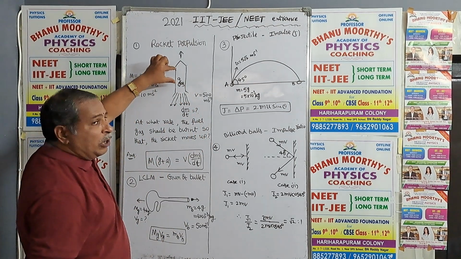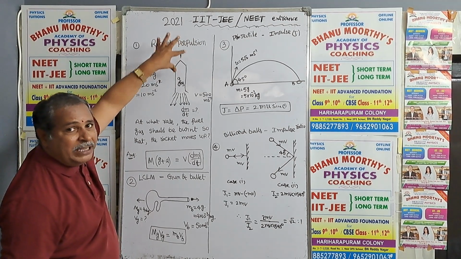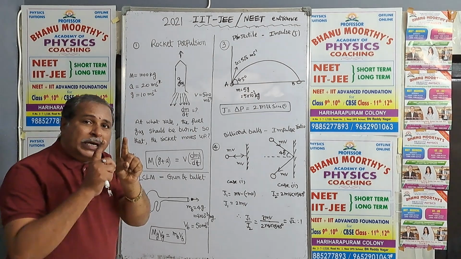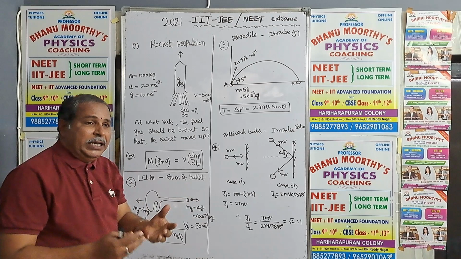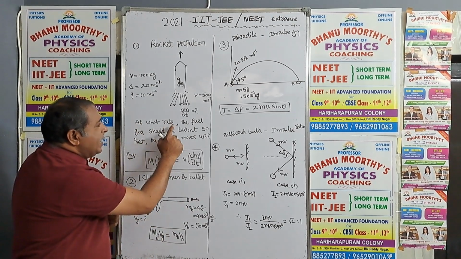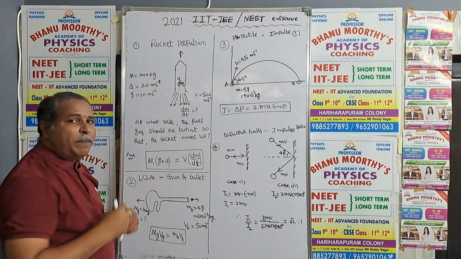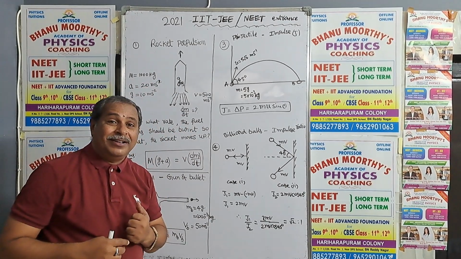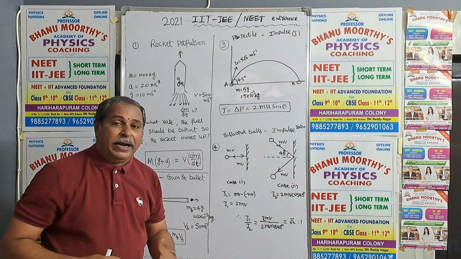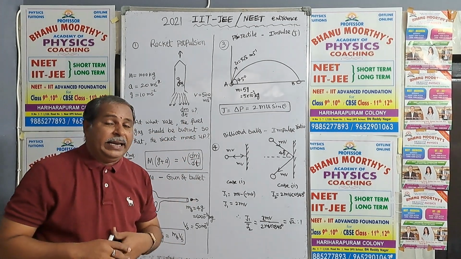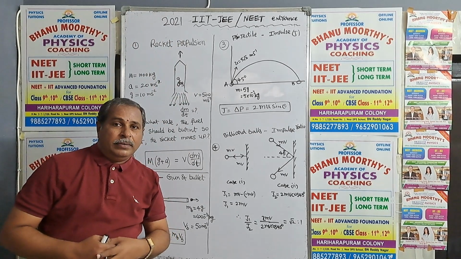So mass of the rocket is given there. Next, acceleration of rocket is given in the upward direction. Acceleration due to gravity value also mentioned there. Now the gas is combustion after burning. This is a question. At what rate the fuel gas should be burnt so that the rocket moves upward direction with greater acceleration? So once the gas is burnt, it comes down with greater speed at the rate of dm by dt with greater speed. Then the rocket will be moved up.